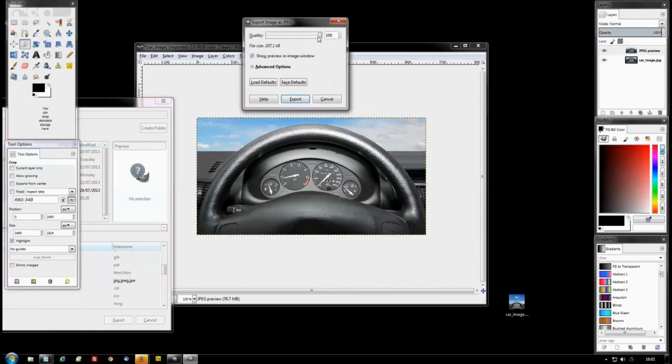So what we're going to do is move this image slider down, and we're going to set it to around 70 to 80%. And if we look at the image itself, it still looks like it's pretty decent quality. It's not pixel perfect, but it's good enough for our website. Remember, we want this image to load quite quickly on the website. We don't want it to take a long time. And the image itself looks pretty good to me at 43.5 kilobytes. So we've taken the original image at 6,000 kilobytes and we've reduced it down to a fraction of that original size, to 43.5 kilobytes. So we're going to click the export button, and